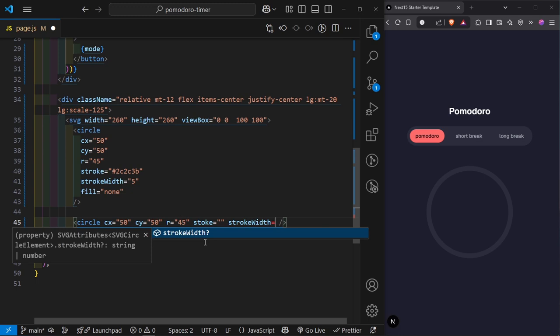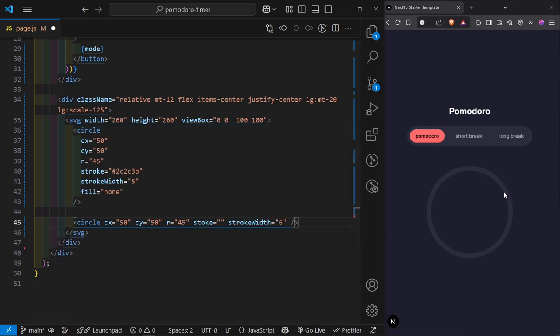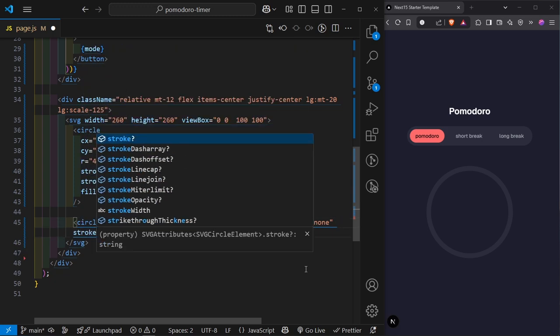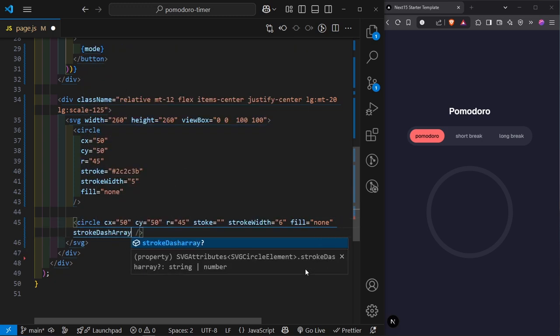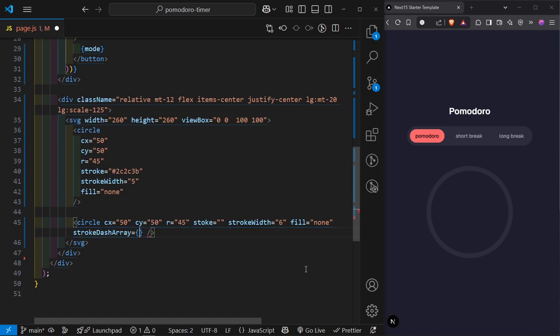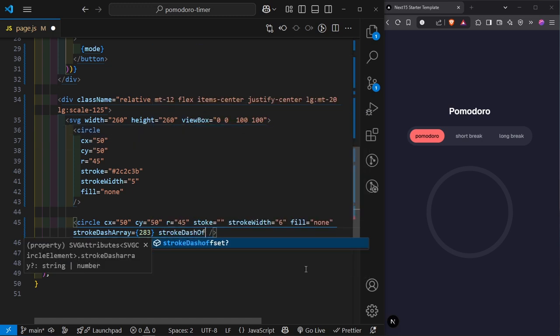is also going to be 6, so that when it is counting down, it's going to leave this faint outline to show you that this is the time that has passed. And then the fill is going to be none. Now there are other properties that we're going to be adding inside here, and the properties are the stroke dash array, and this is going to be 283, and I just tested it out to see how best it would look. And then the stroke dash offset